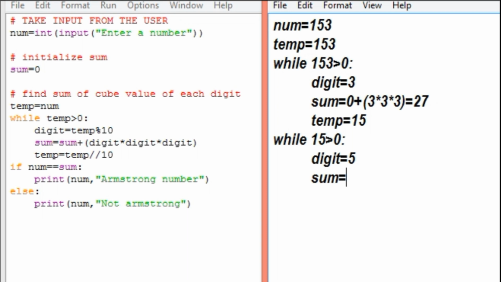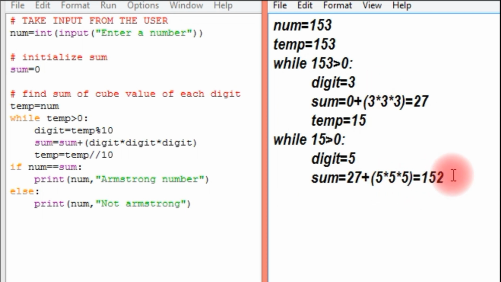The value stored in the sum in the previous iteration is 27, plus the cube value of the actual digit, which is 5 into 5 into 5. So the total value is 152.